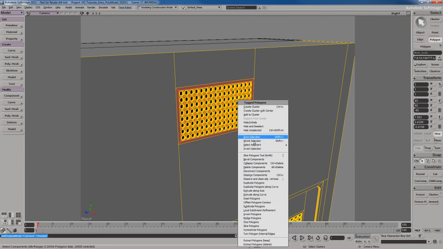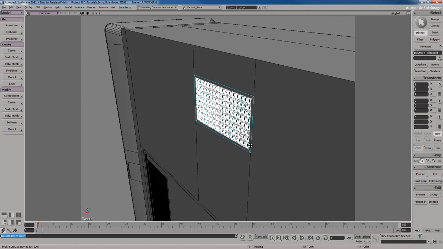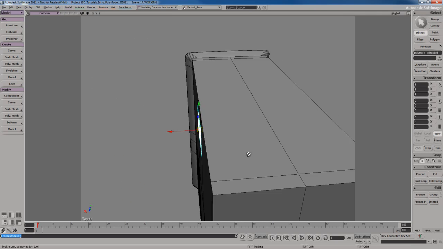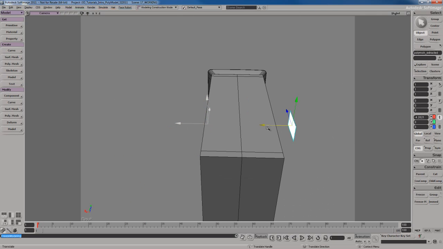And what I'm going to do is extract these polygons and hit keep, because I want to keep the original polygons. I don't want to rip them out and leave a giant hole right there. Essentially, I'm duplicating polygons. Hit freeze modeling to clean that up. Very important that you do that. I'm going to bring these new sets of polygons